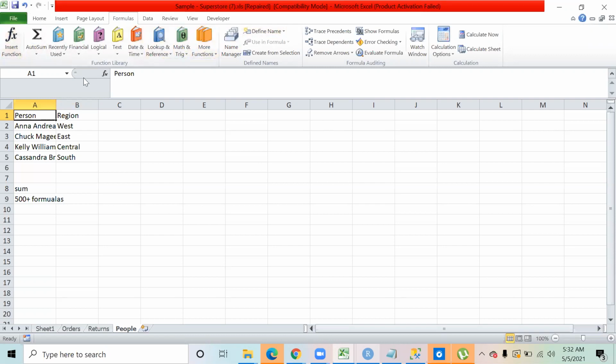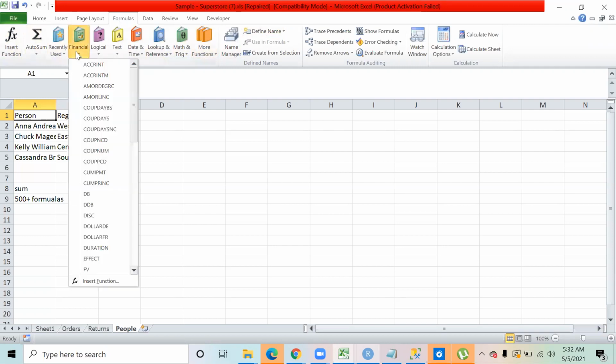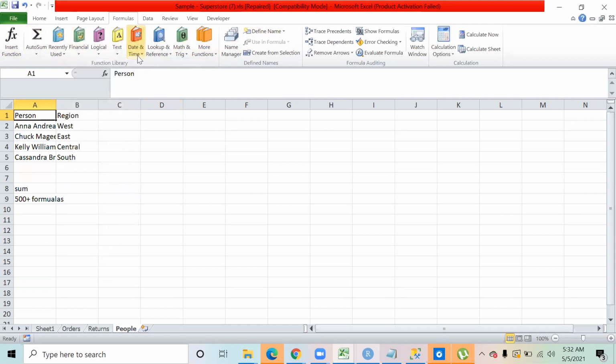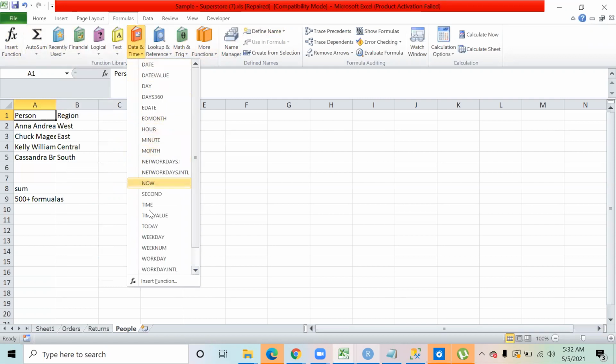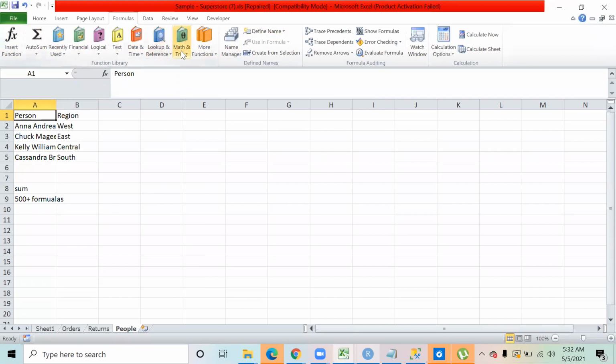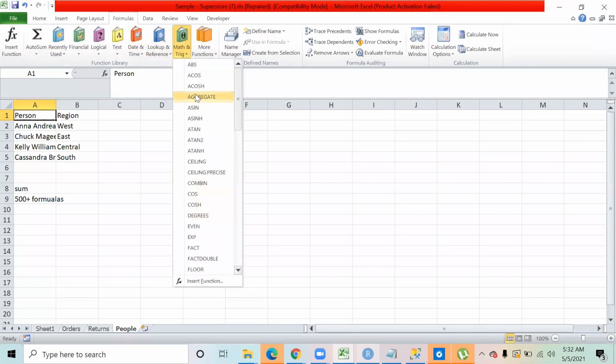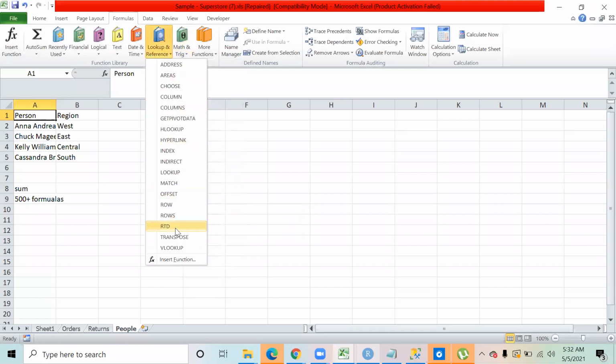The first thing that you will notice over here is that Excel has bifurcated the formulas into different sections, right? They have made some financial functions, which are used for financial purposes. Similarly, they have created date functions; if you want to work with dates, you will find date functions over here. You want to work with mathematical functions, you will find all the mathematical functions in this list. You want to work with lookup functions, you will find all the lookup functions over here.